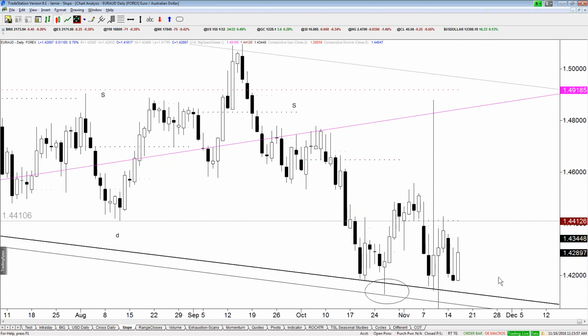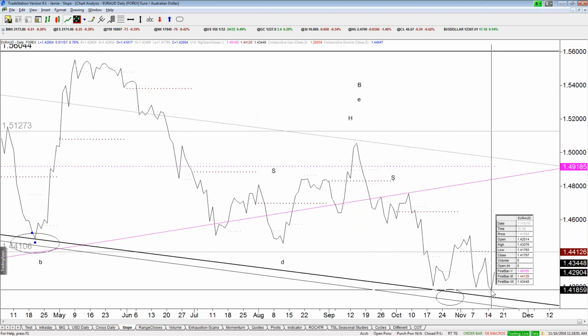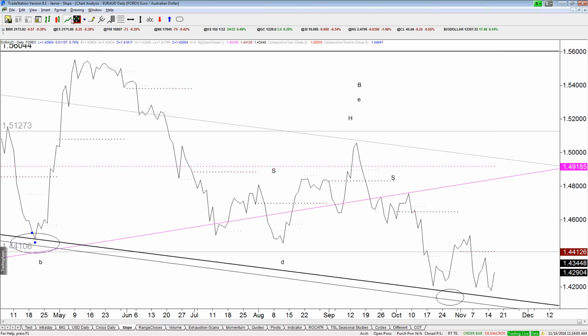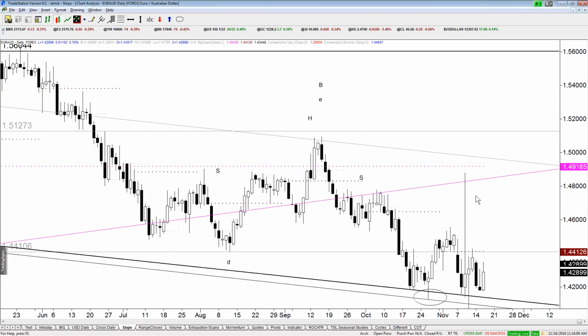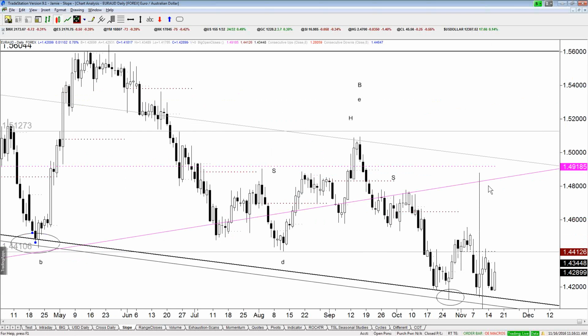Yesterday actually had another divergent reading. Divergence, this was a new low close yesterday, and here we are up 110 pips today. So I do think ultimately that the big breakdown is lower in Euro Aussie, just like I think the big move is eventually higher in the Australian dollar. When it comes to over the next few days, however,